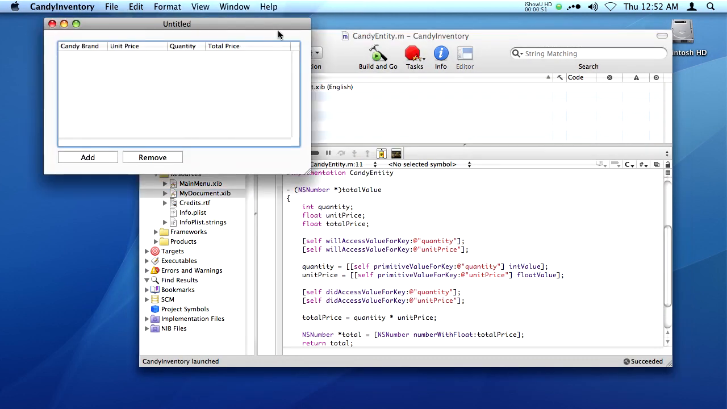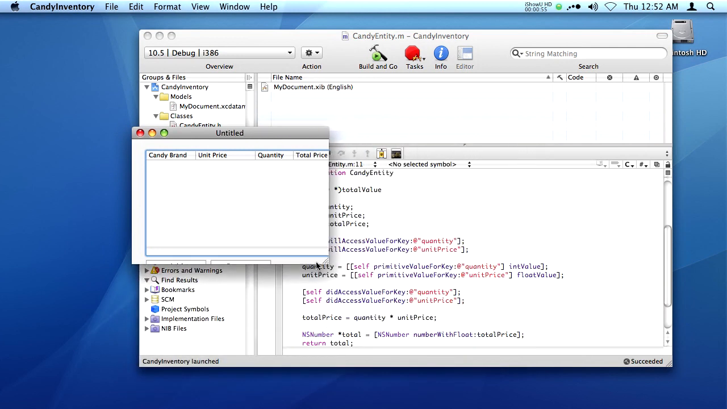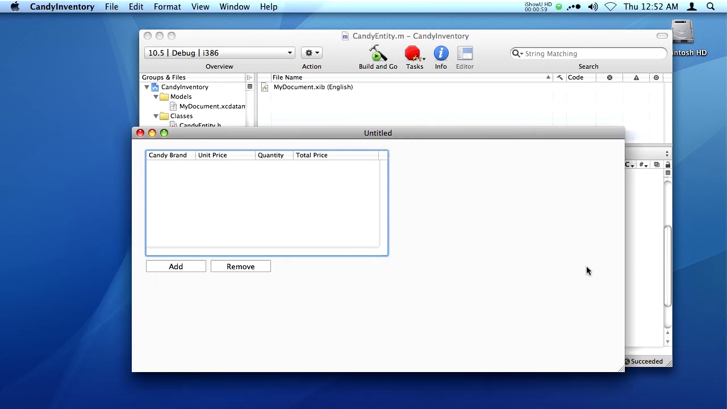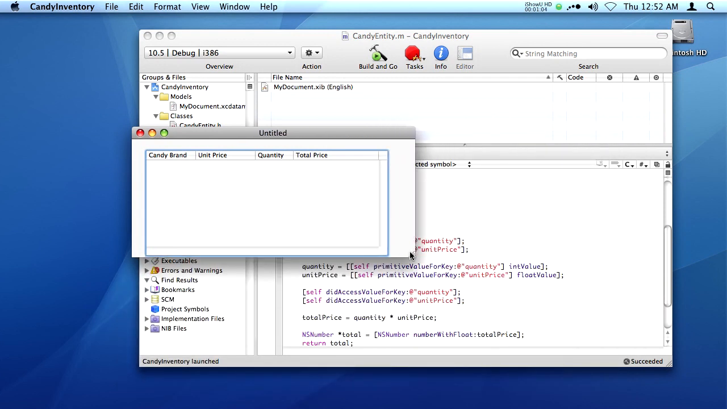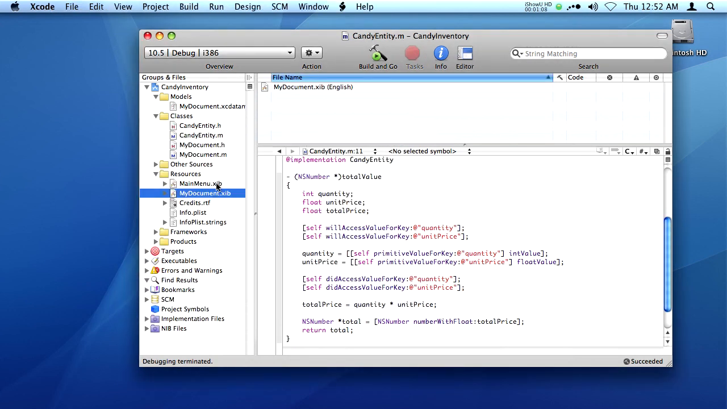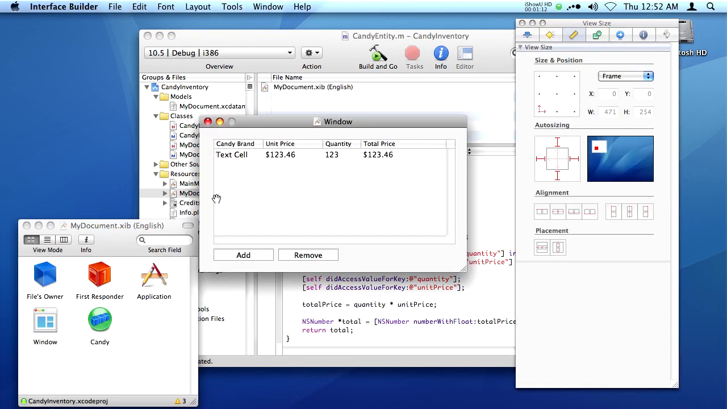And if we run it, we'll notice that if we stretch the window, the interface elements don't go with it. They just kind of sit there and you end up with blank space. And that's not good. That's kind of ugly. It looks unfinished. So we will finish that up. And how we'll do that is if we open up my document in Interface Builder,